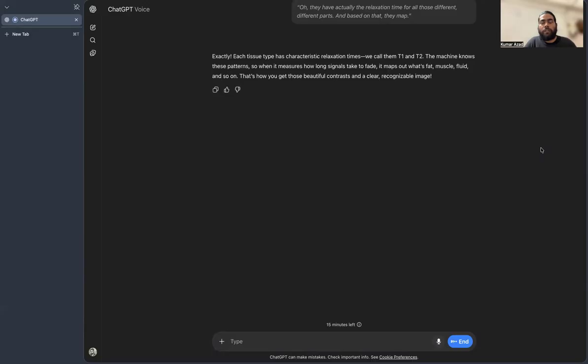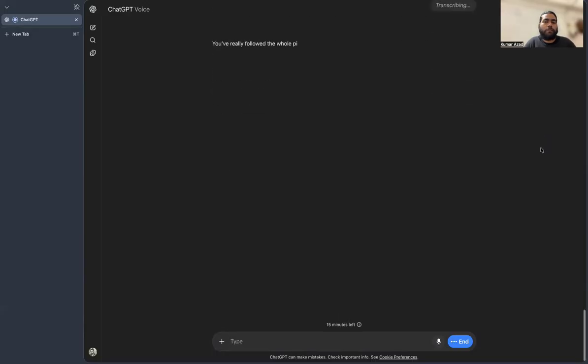You've really followed the whole picture. MRI is this elegant blend of physics and math, magnetically nudging protons and decoding their signals. And that's how you get those detailed tissue images without